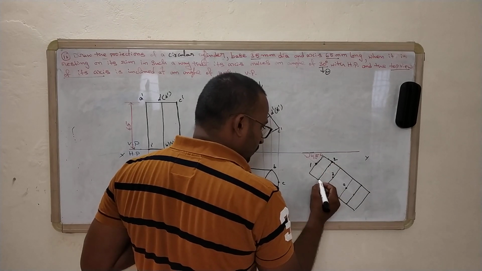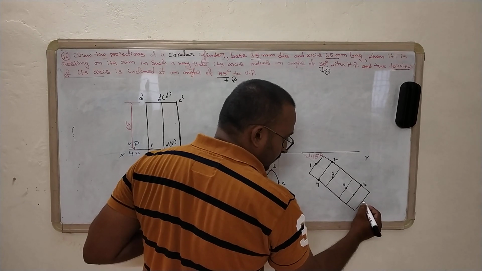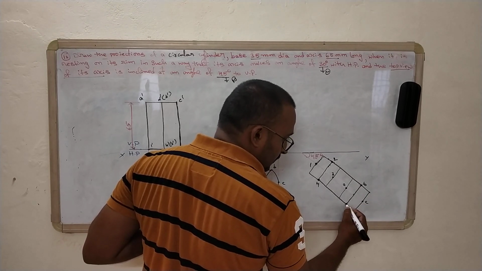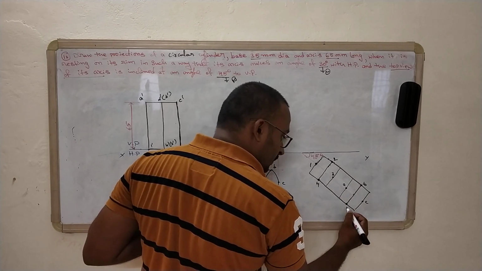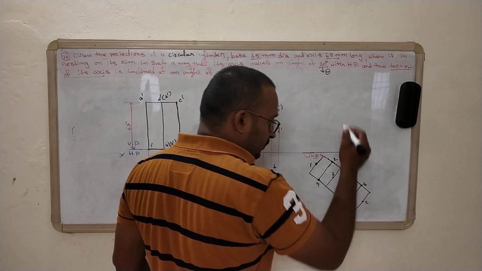Here it is 2, 4, B, C, and then D. So whenever we are going to see from the top view,